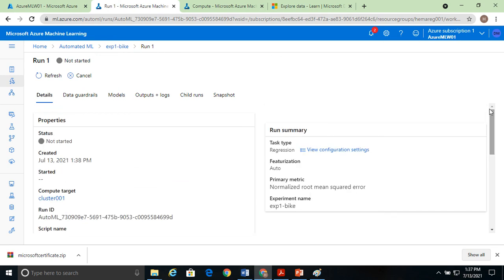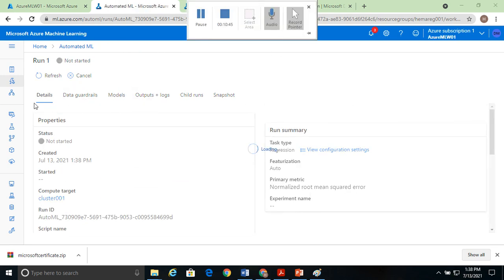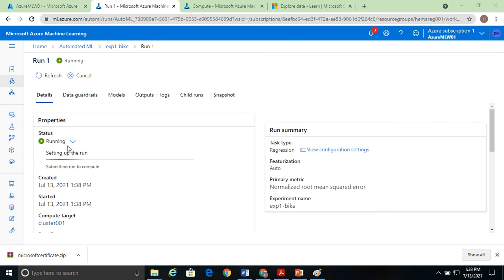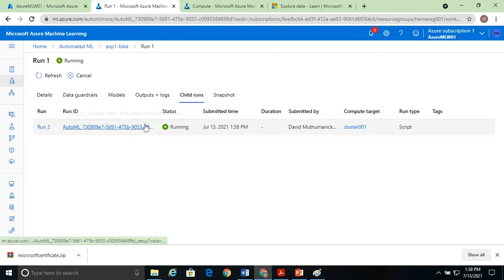Okay, now we can see, the job has started running. We have selected many algorithms, so each one will be submitted as a child run. You can see here the status of the run will be visible. It will take a long time to get your output.